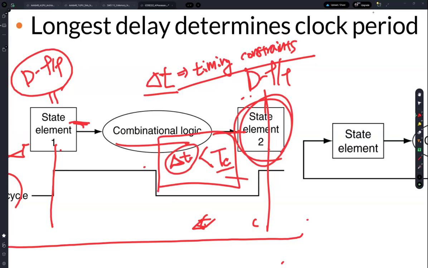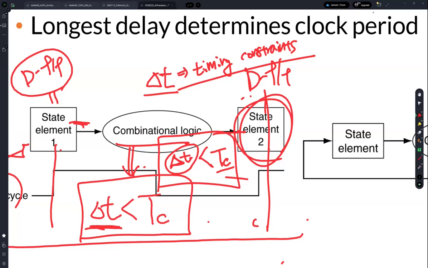So this is the very important timing constraint, the delta t. The delta t of this combinational logic, so this is the critical delay, needs to be less than the clock period. Okay, this is a very important rule when we design a hardware component. Why is this important? So it means